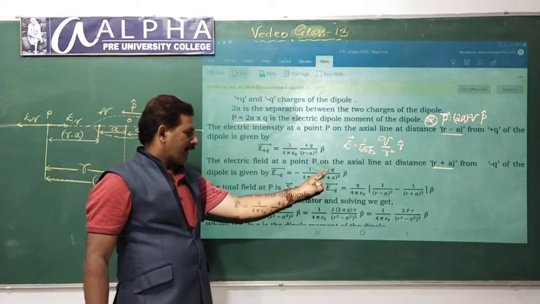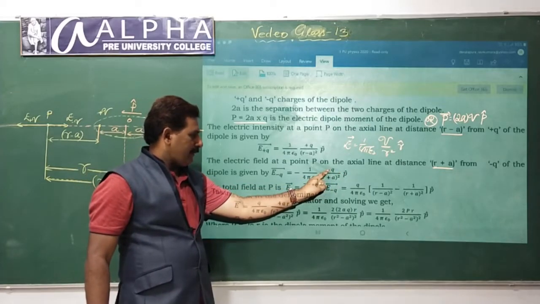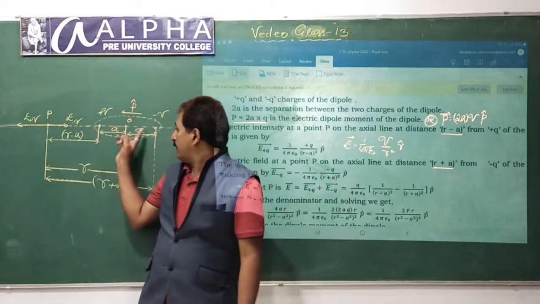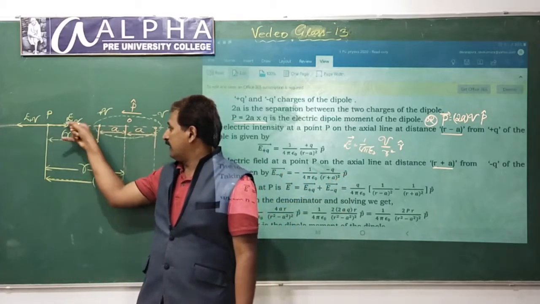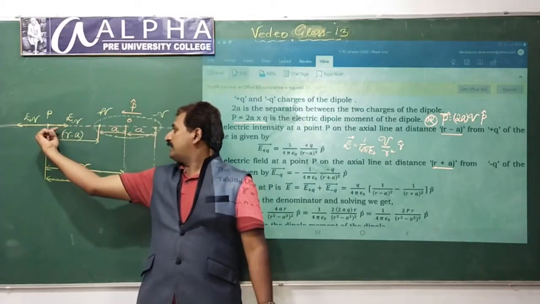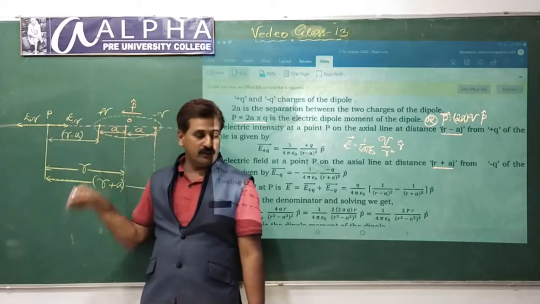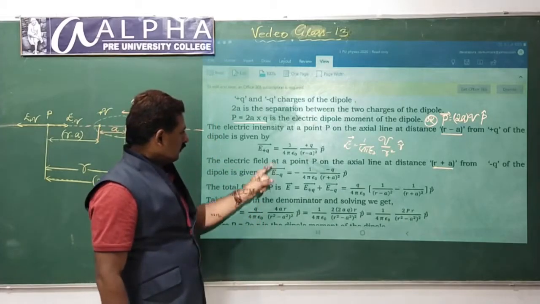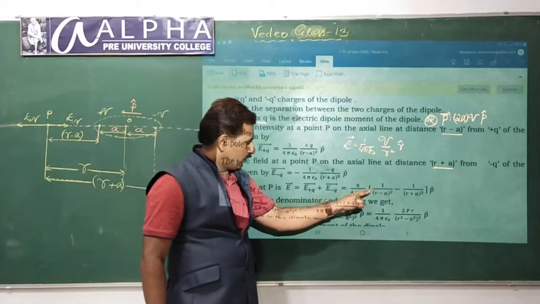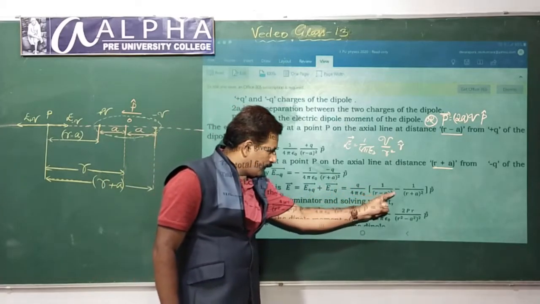Position vector. If I write minus sign here, minus sign implies what? The electric field direction is opposite to P. P is from minus Q to plus Q, like this. Electric field at P due to minus Q is opposite. See, it is opposite to this direction. So you add these two vectorially. Vectorially adding, right? You add first of all magnitude, right?